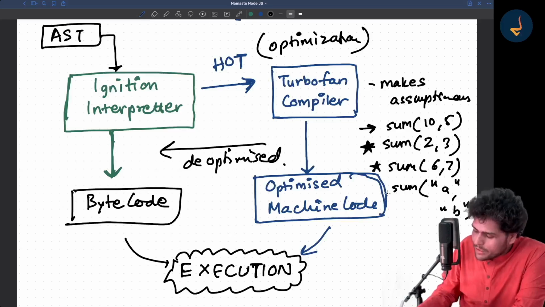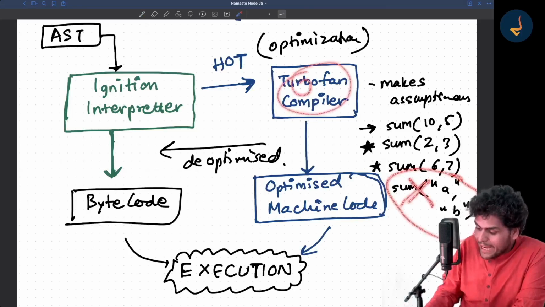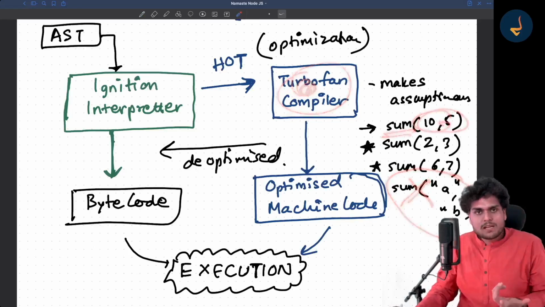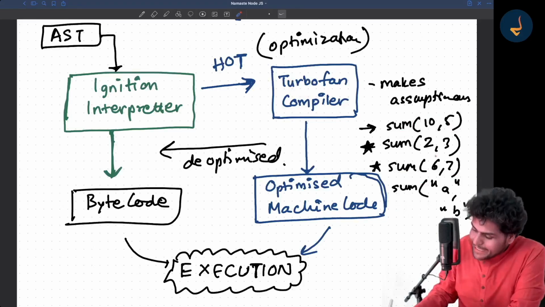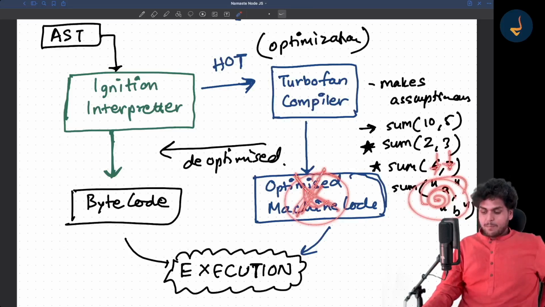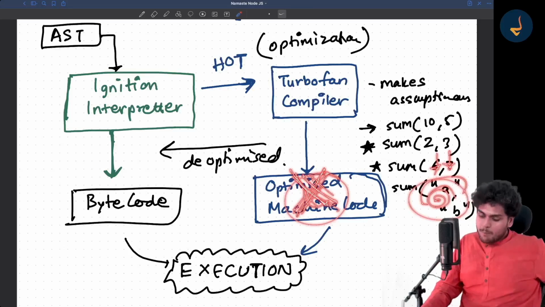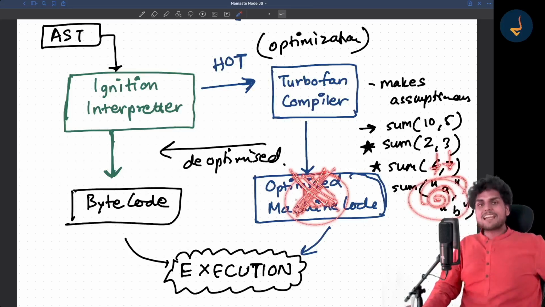Now here the optimization fails, because TurboFan has compiled your sum function to be executed for two numbers, but now it is seeing two strings. So it says, whatever code I optimized is not correct, because I was expecting a number, but strings came in.